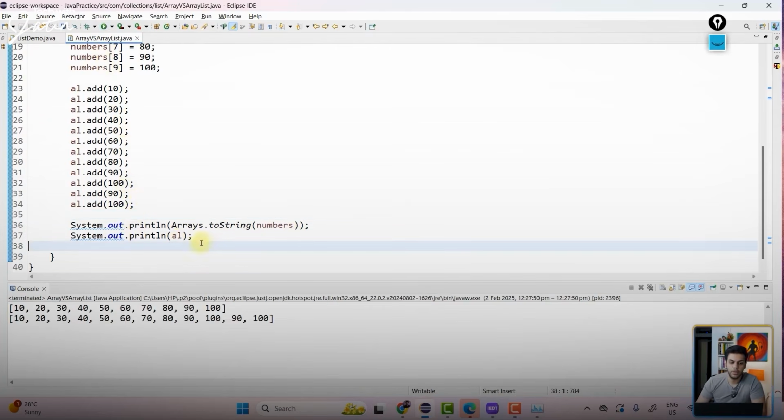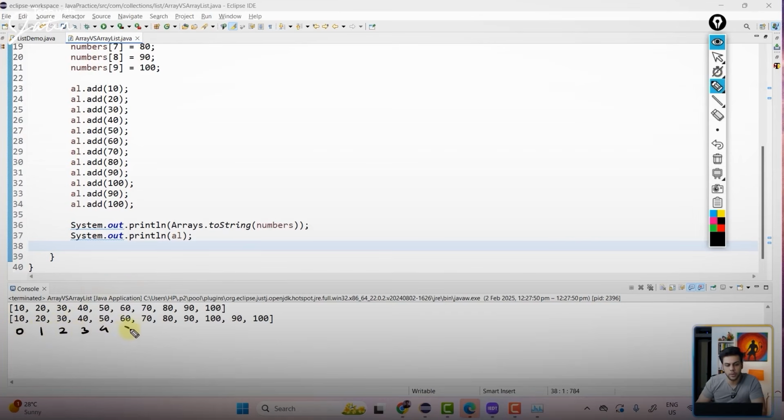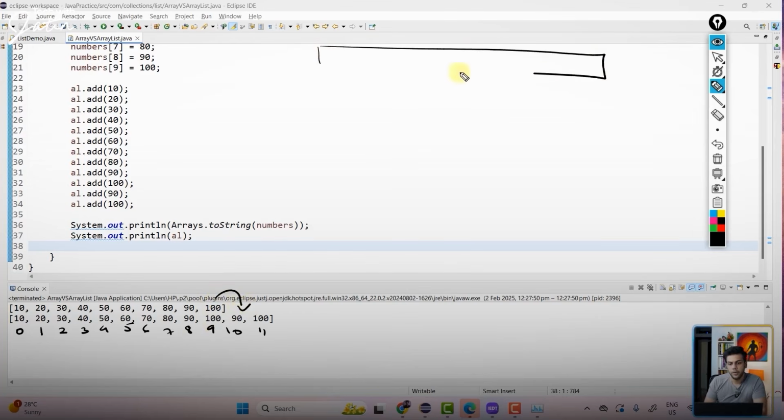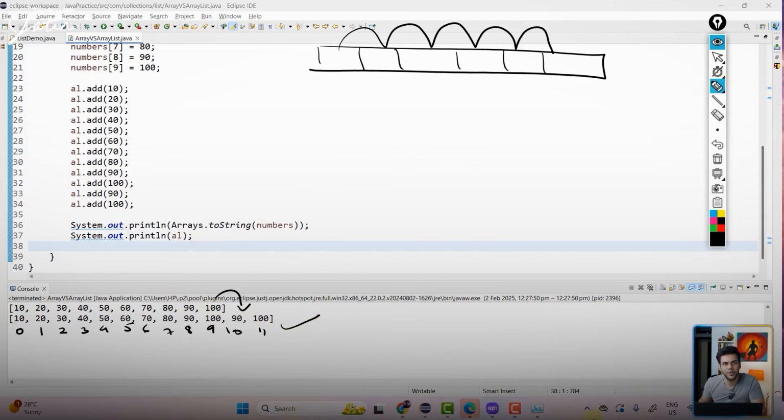Now, you will be like, arey Jatin, your 10 is getting stored on which index? 0 index. This is on 0 index, this is on 1, this is on 2, 3, 4, 5, 6, 7, 8, 9, 10, 11. This is an extension of array. If your array was storing all the elements in consecutive order, one after the other, array list is also doing the same stuff.